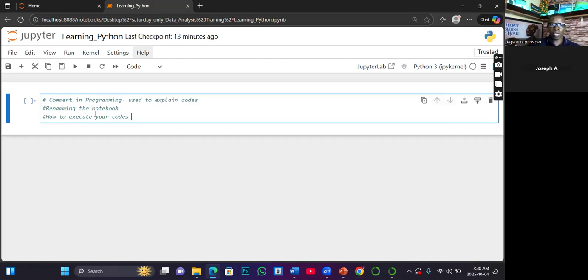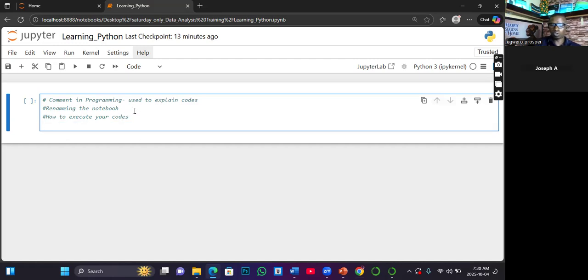Now, once you write a code, for example, you want to tell Python to print, let's say, print. This is one of the functions which we are going to understand later. Print a string, welcome to data analytics master class.